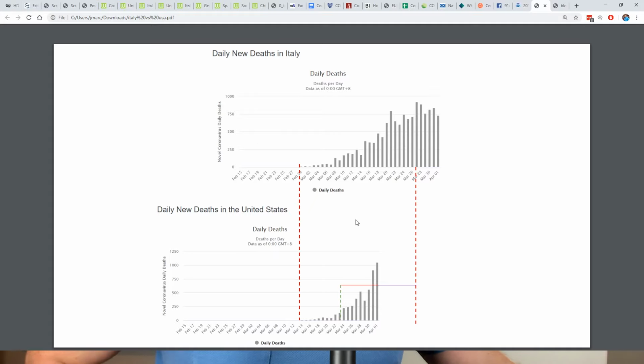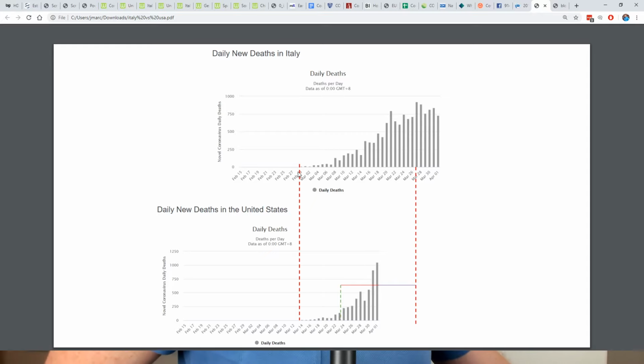So what I've done is I just kind of moved this model around so we can look at when Italy started, compare it to when we started, and then look at where their high point was, their bell curve was, and compare it to us. So Italy's bell curve, where they started hitting the top of that bell curve, was March 27th. We go straight down here. We take this amount of time off.